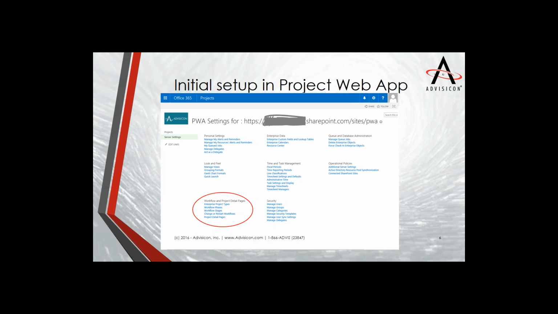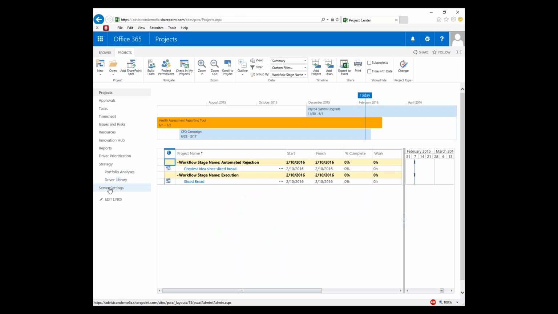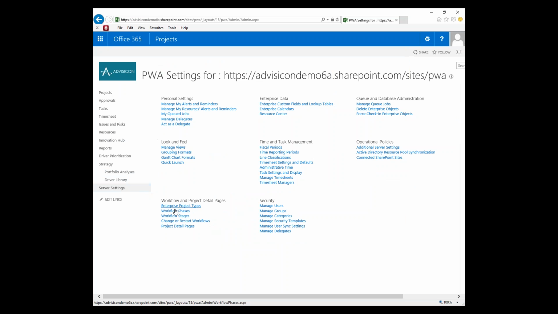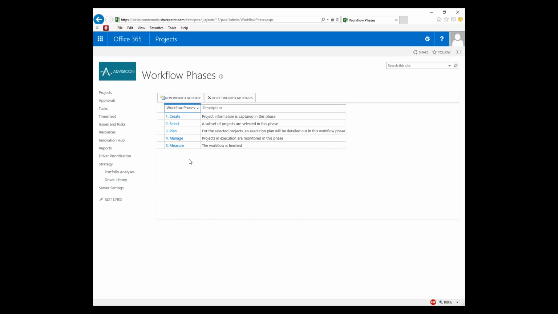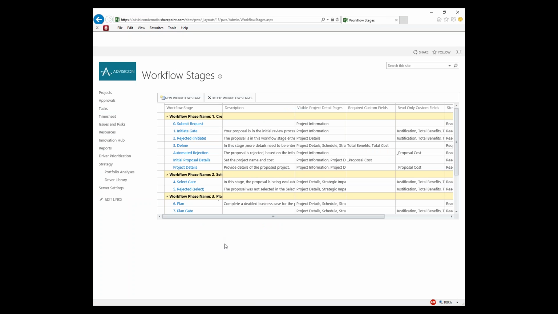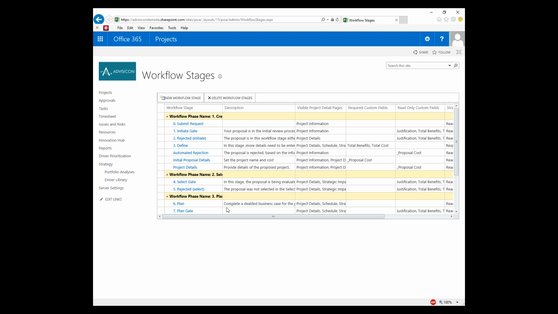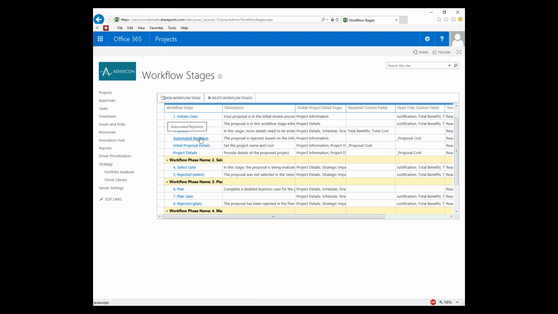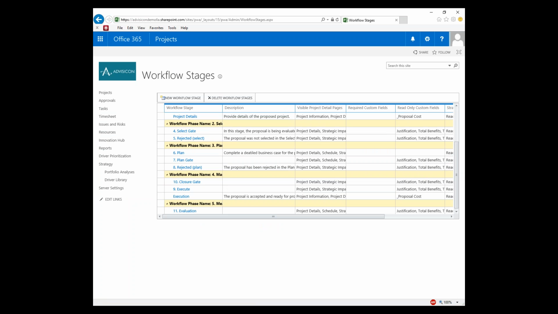I've created the information that I need in Project, so why don't we take a quick look at that also. We've got our workflow phases, and so we've got 5 phases that are available to us that we've created. We can create however many we want to. We've got stages, and we can have as many stages as we want to create. We can have different sets of stages that we use in different workflows. So I've created this automated rejection, initial proposal details, project details phase, and an execution phase. We're going to do a very basic